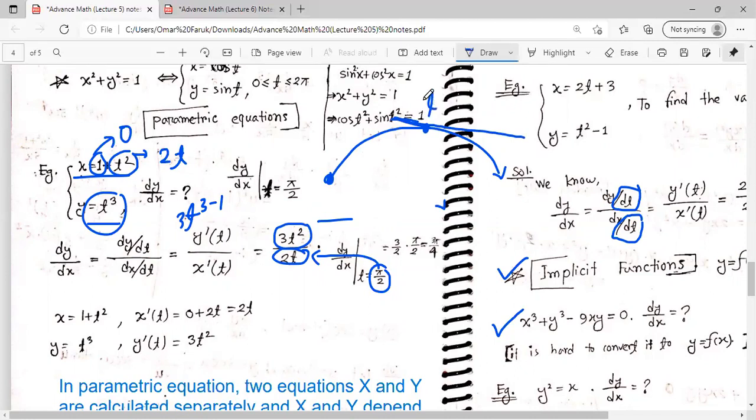So here time will be, suppose, 1 second. After 1 second, how will this ball go? What will be the velocity of this ball after 1 second? So this is after t is equal to pi by 2. That means after pi by 2 seconds, or 3.1416 divided by 2, or that means after 1.5 seconds, or something like that. So after 1 second, what will be the velocity of this ball?